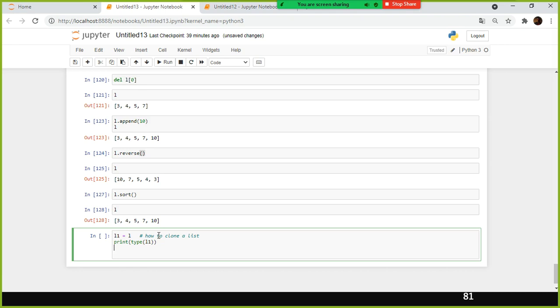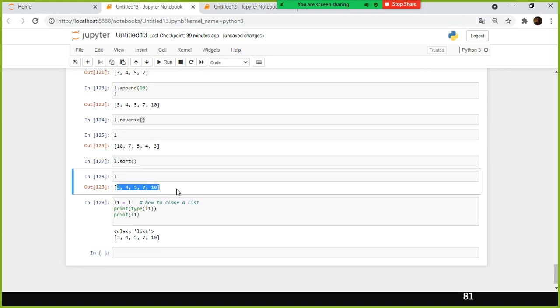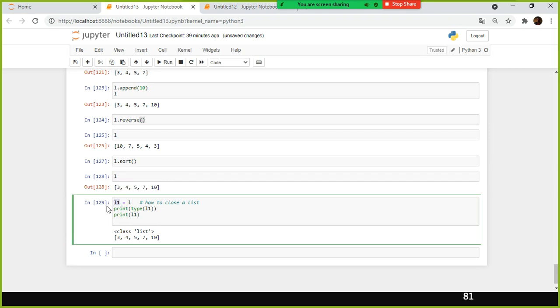So simply you can assign the values of a list to a left hand side variable. It will become a list data type, and you can also view whether the values got assigned correctly or not. So look here, this is the list data type L1. I mentioned L1 and I copied L on the right side of the equal sign. L is holding 3, 4, 5, 7, 10. All these values got copied to L1. Print type of L1. What is the data type of L1? After copying, this new variable L1 became a list.